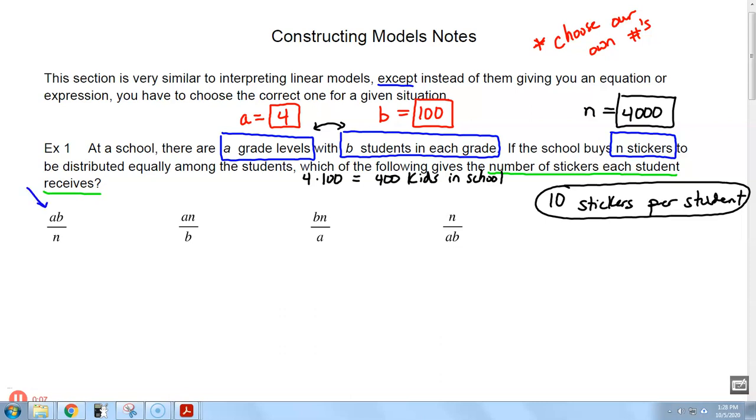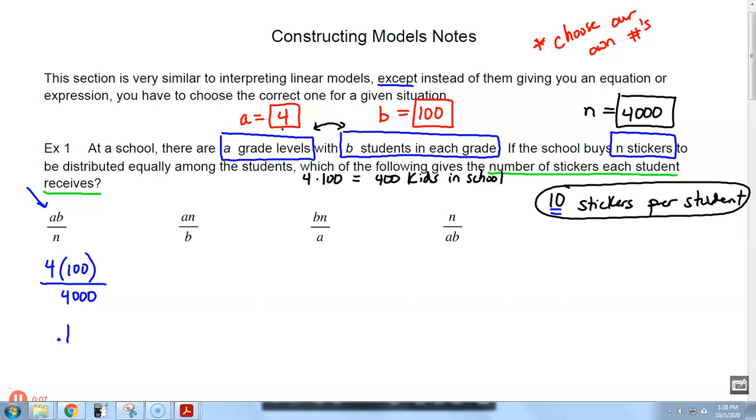And A says that A times B divided by N is going to give me my number of stickers, which I'm looking for it to be 10. I'm kind of hoping one of these answers is 10. So let's try it. If I do A, which was 4, and B, which is 100, and divide that by N, which was 4,000, when I work that out, I get 400 divided by 4,000, which is